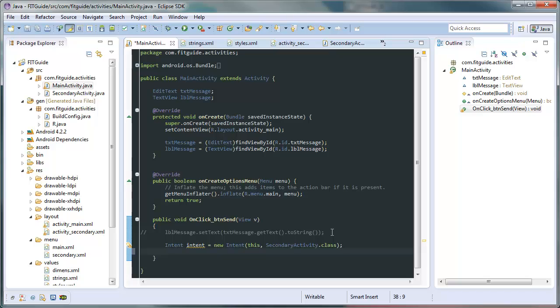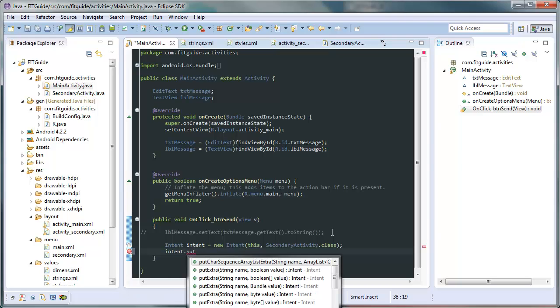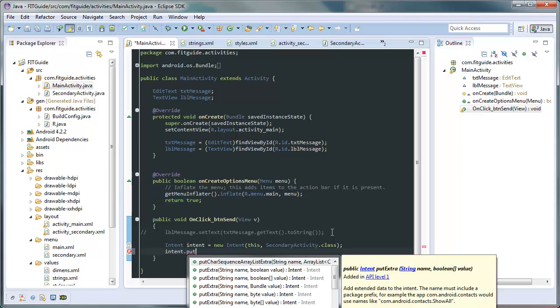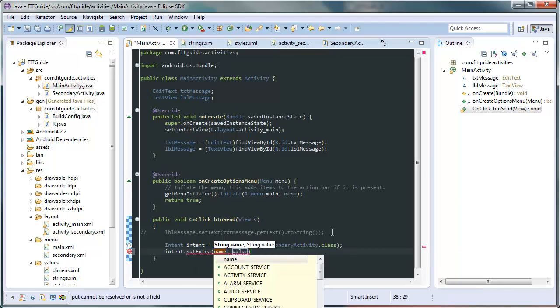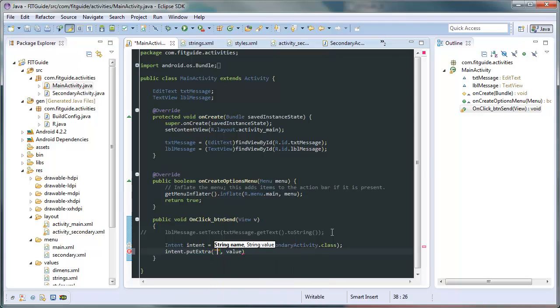Now we're going to have to grab whatever we have in the text and send it by putting it inside that intent. So I'm going to say intent.putExtra, and I'm going to pick putExtra with a string. There you go. You have to pass in a name, which is a key, and a value. You need a key because this is how you're going to refer to it in the secondary activity. So here the key is message,